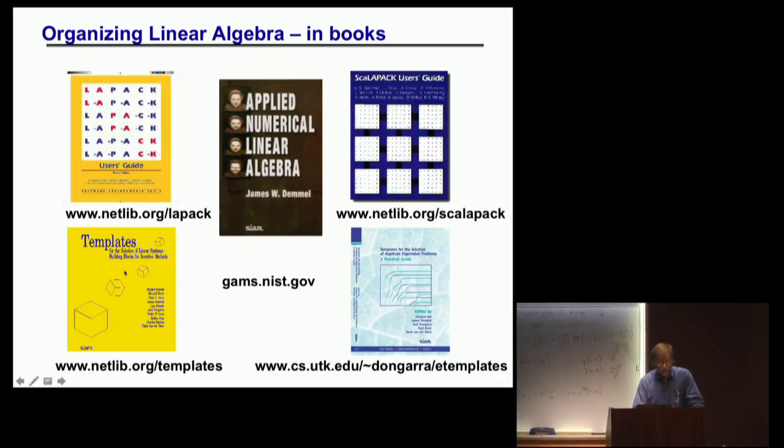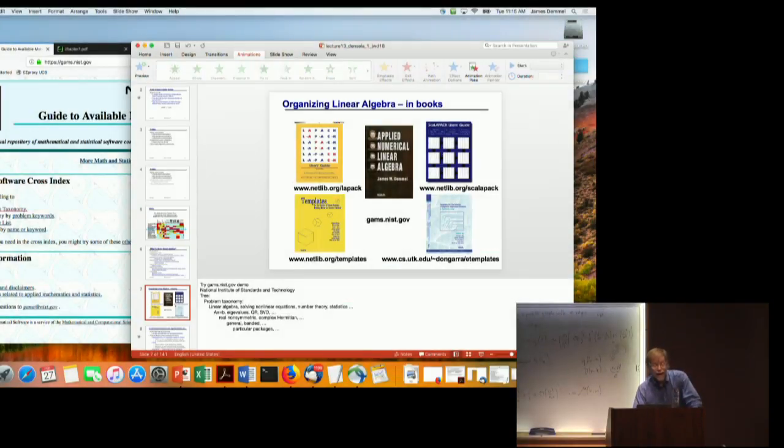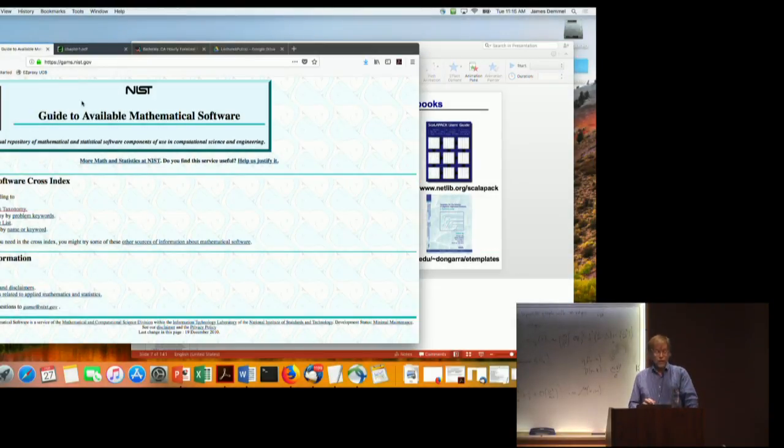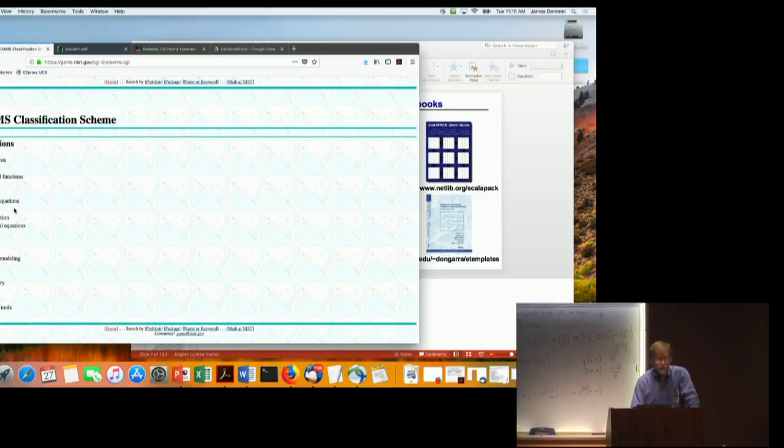And in fact, let me see if this little demo works. The federal government maintains such a decision tree for you. It's called GAMS, the Guide to Available Mathematical Software, and it lets you search through all this different software. It's not been updated as recently as I'd like. So you can click on the problem taxonomy, and you can say, oh, here I want to do number theory or linear algebra or something else. So if you click on linear algebra,